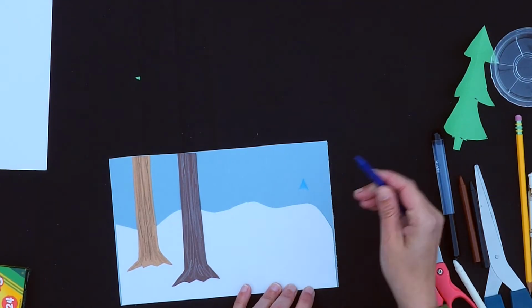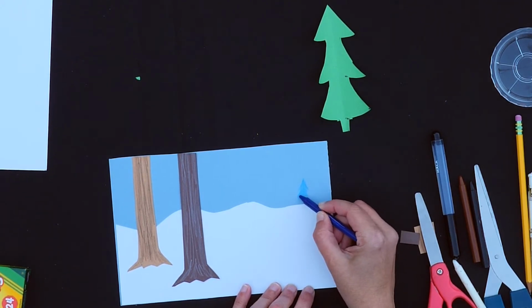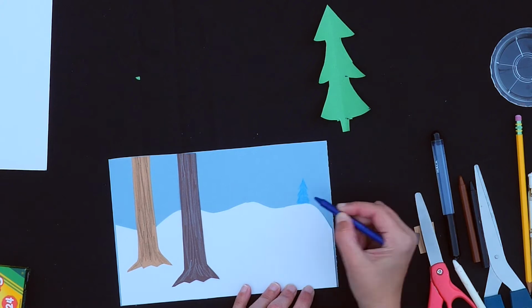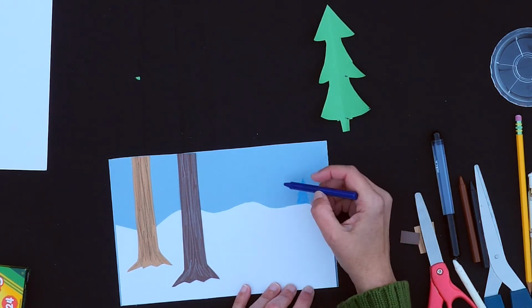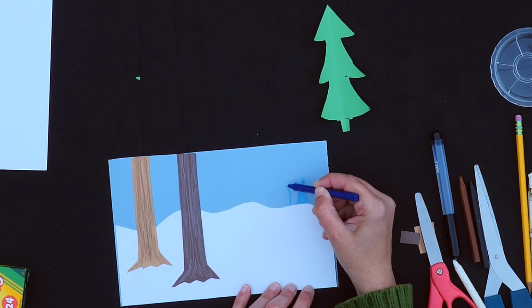And this is gonna be like a pine tree, like a tree like this one. And I'm gonna then do the next little layer. So it's almost like a series of triangles, and as they build up, they make trees. And so that kind of helps to start to make a tree look really far away. You can also add different types of trees. So like if you want to have a tree that doesn't have any leaves,